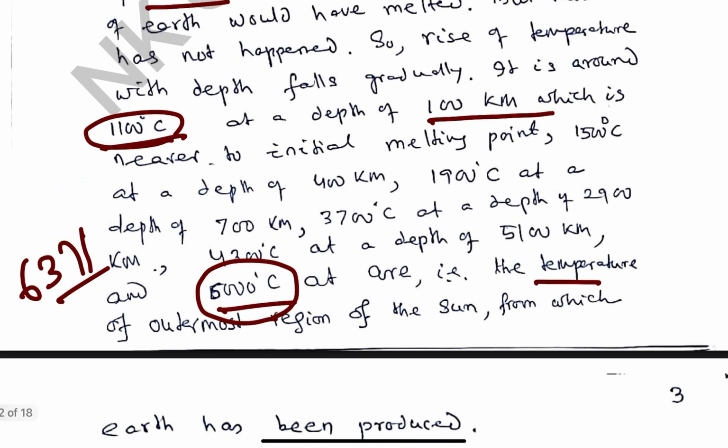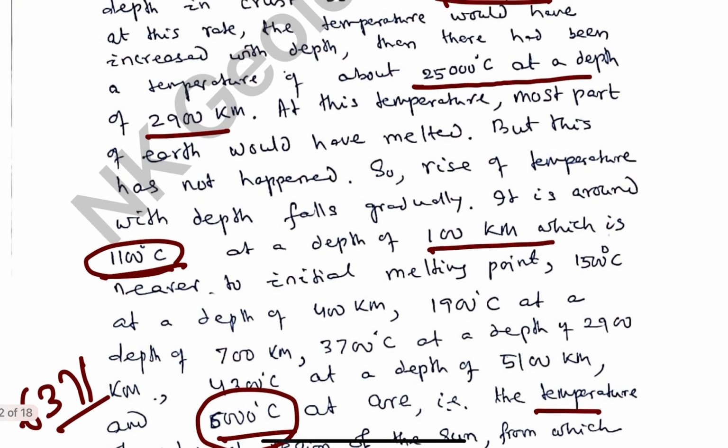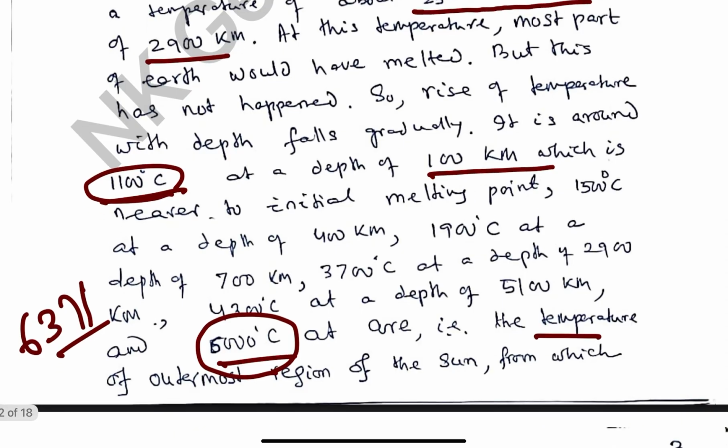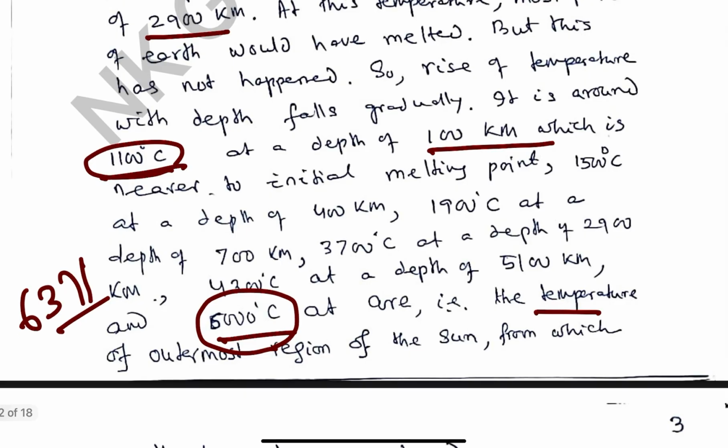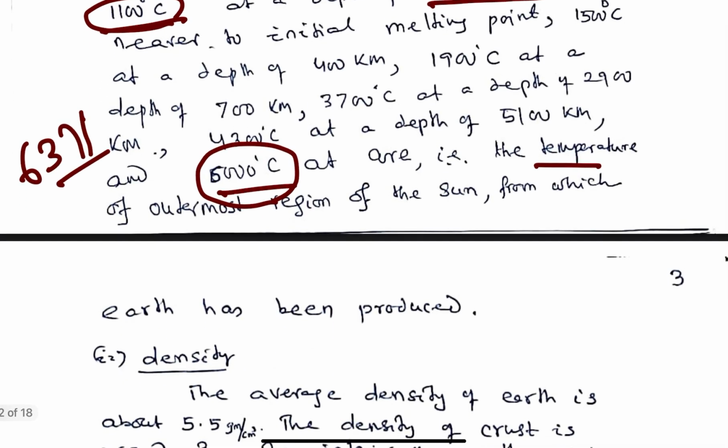So we can say that Earth's crust is made up of light materials along with radioactive elements, and as the radioactive elements are not there within the core, these are represented by sulfides and heavy silicates. In the core there must be nickel and iron, which are totally devoid of radioactive elements, and temperature is slowly rising with depth. That's why temperature goes to 6000 degrees centigrade at the core.